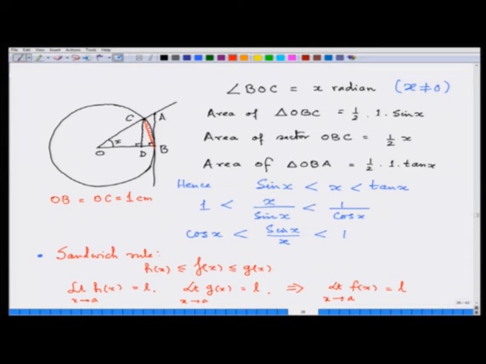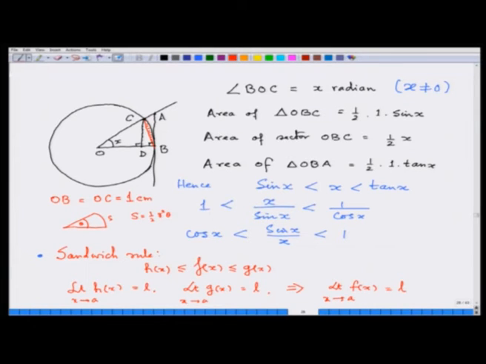Now, once that is done, I need to calculate the area of triangle OBC. I am not going to do this simple school geometry for you. Area of a sector, people might worry, how do I find the area of a sector of a circle? So, if this is my S and this is my theta, how do I calculate the area of a sector? S is actually equal to half r square theta,